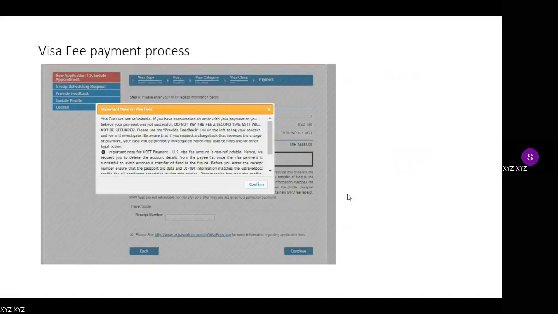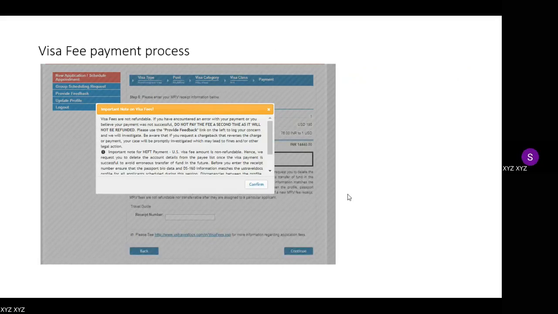Okay, now comes the most important part, that is the payment process. There are several ways by which you can pay your visa application fee. For this application, you must have an Indian bank account, otherwise you won't be able to pay your visa fees.